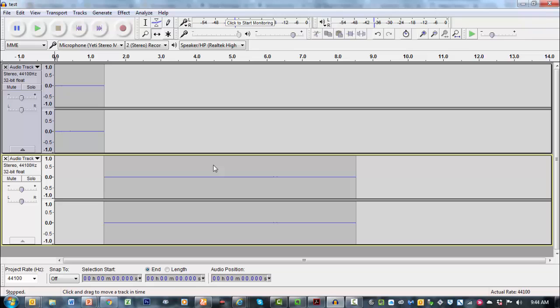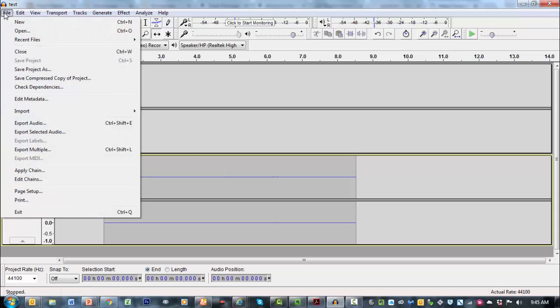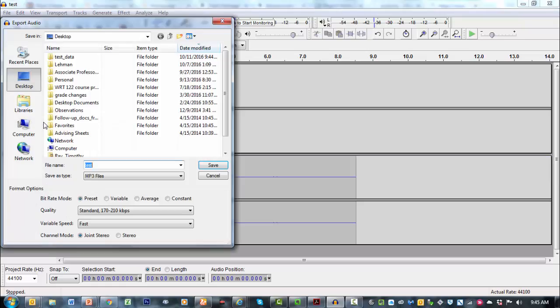Now, if I wanted to share this with someone else, I have to export it. Right now as an Audacity project file, we can still go back in and edit these tracks separately and move things around and such. When it exports as an MP3, basically it compresses everything into one track, and you won't be able to edit that MP3 after that. So let me go ahead and try to export this. I'll go File, Export Audio,